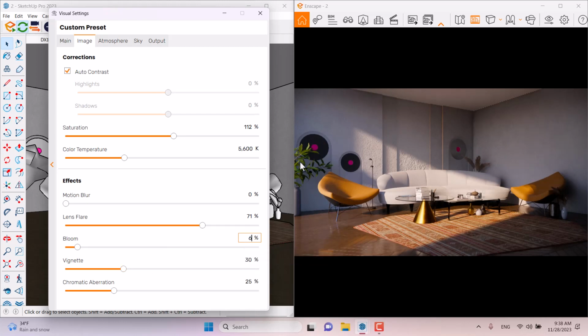Vignette related to this part of my area and shot, and I prefer to use some type of high value vignette, something like that, to create artistic renders. 44% is good, and chromatic aberration is 0. Till now, we set out our rendering setting,